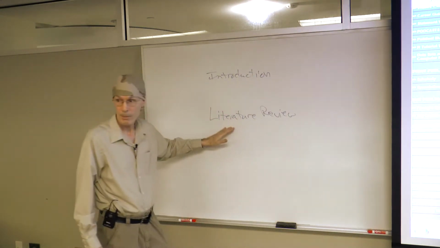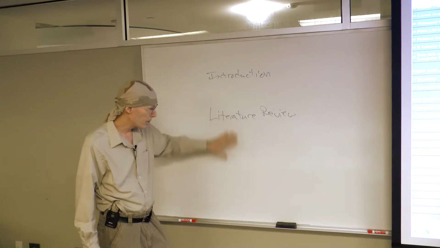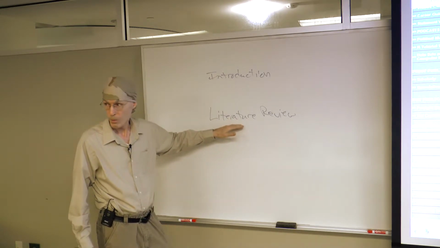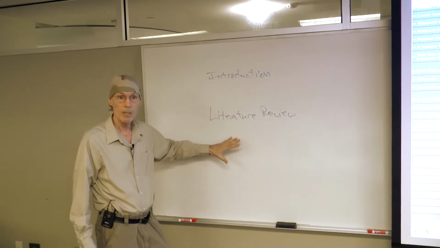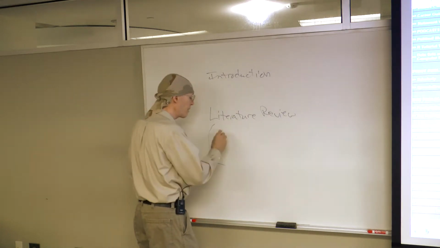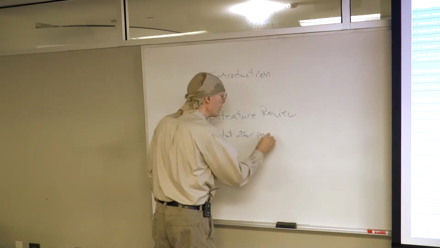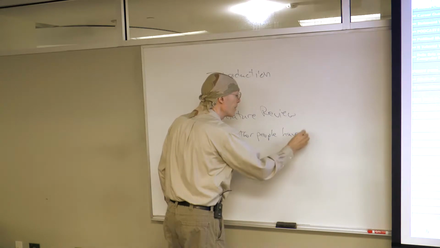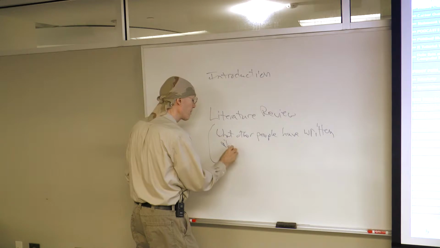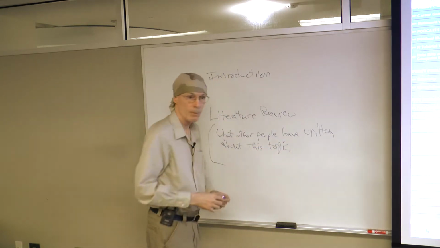I won't take off any points, but I will actually show you some examples of how scholars have done the literature review section without using the word literature review. But they use some words that indicate we're going to be talking about what other people have done. So this is a section of a number of paragraphs where this is what other people have written about this topic. That's what goes in that section.